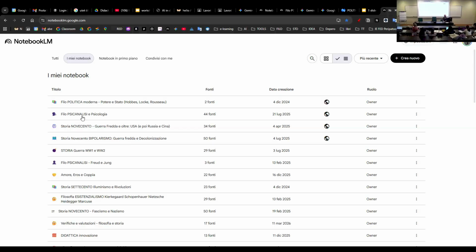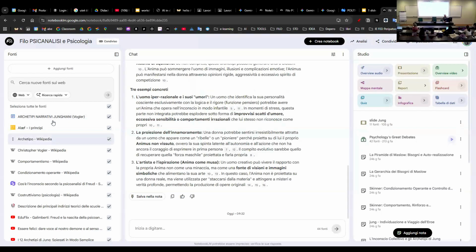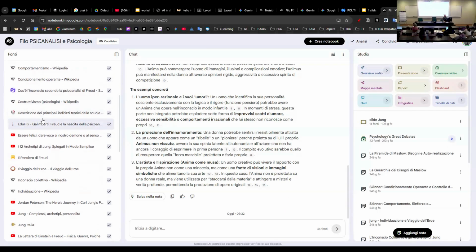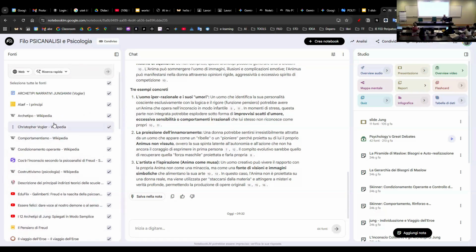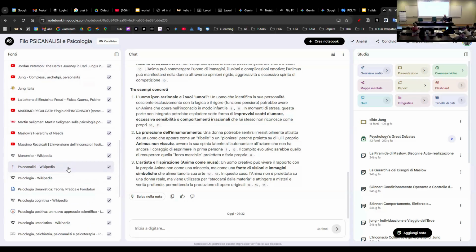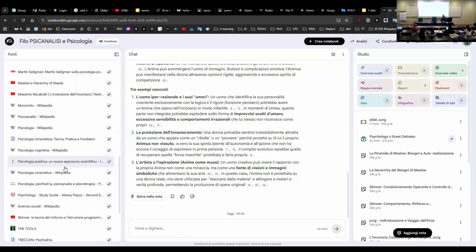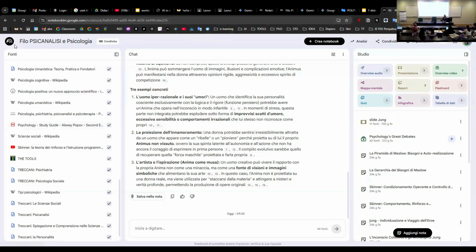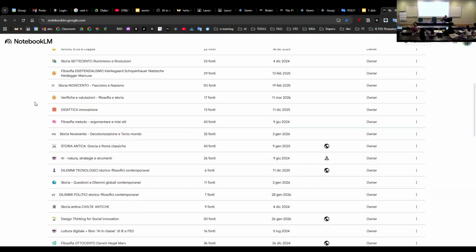Why living? Because if I go to psychoanalysis, I have many sources. On the left-hand side, you add sources. Which sources? The sources I want, the sources I consider good for me, my own sources, or, and this is a miracle to me, English sources, Pakistan sources, whatever. If I go to my Cold War, for instance,